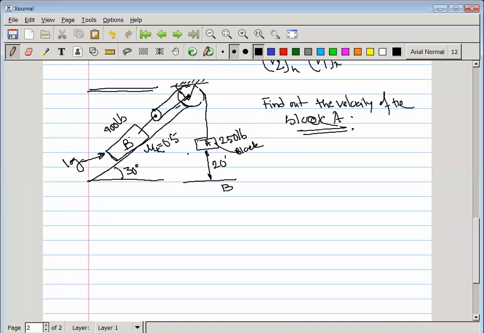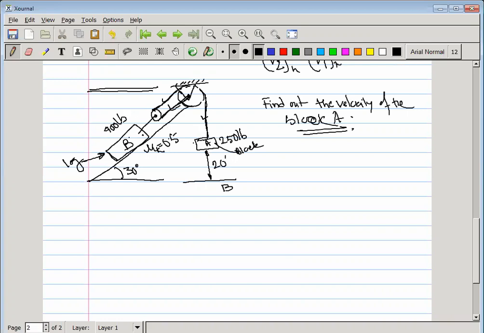So what we have to do, from this figure we can say both wires are connected here, and one wire is connected here. It means the acceleration of the log is half of the downward acceleration of A. Both are connected here, and this is one wire. So the acceleration of block A is equal to twice that of block B, or we can say block B has half of the acceleration of A.